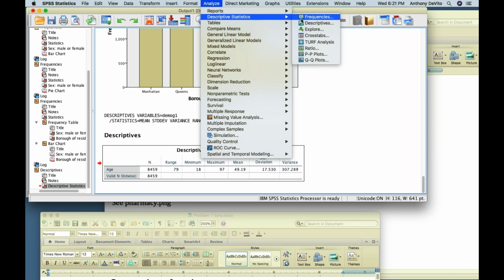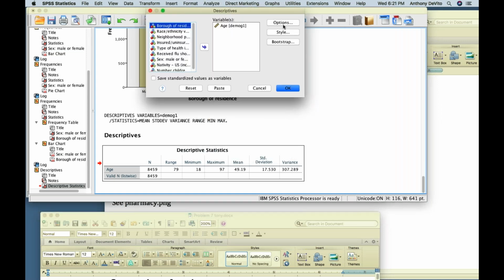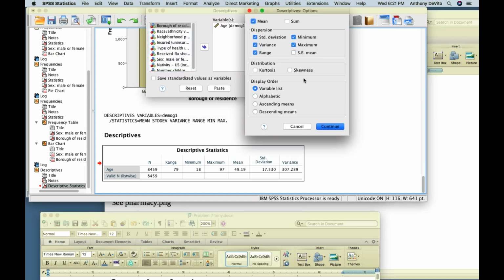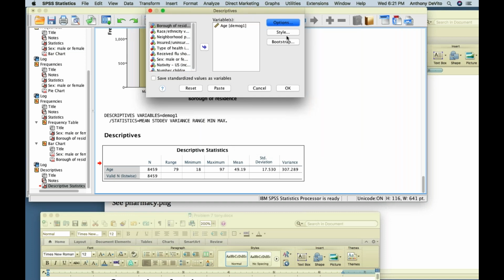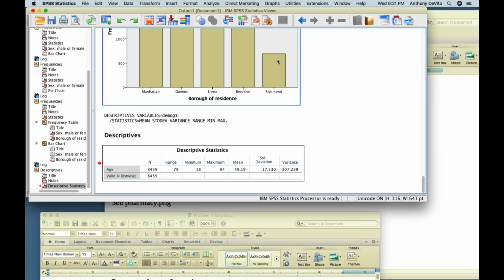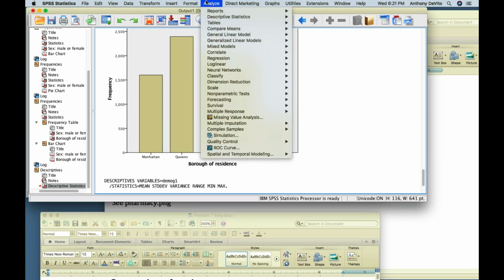Analyze, Descriptive Statistics, the descriptives, just to make sure that we don't have any options there. I don't see anywhere to do a graph there. Style, I don't see anywhere to do a graph there. So no, it doesn't look like there's any way to do a graph there. So I'm going to go to Analyze, Descriptive Statistics, and I'm going to go to the next option below that,